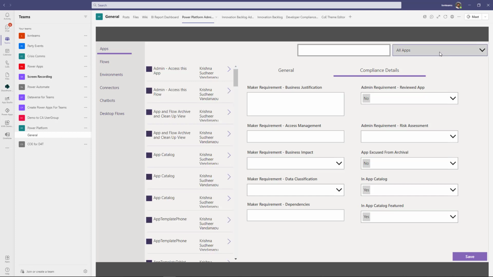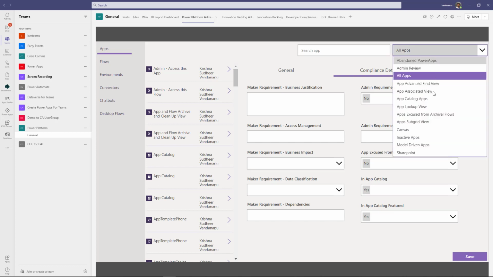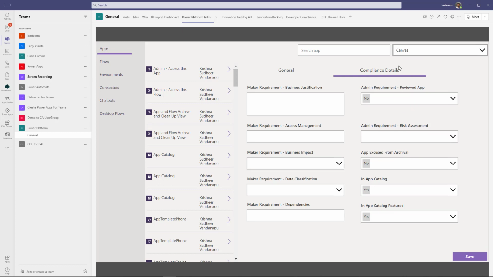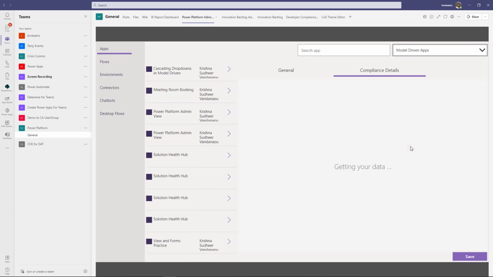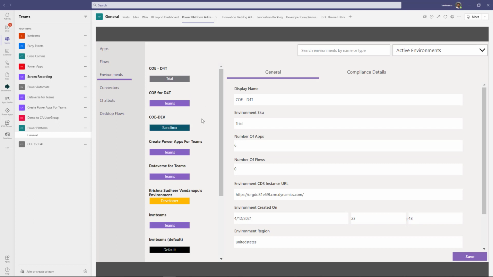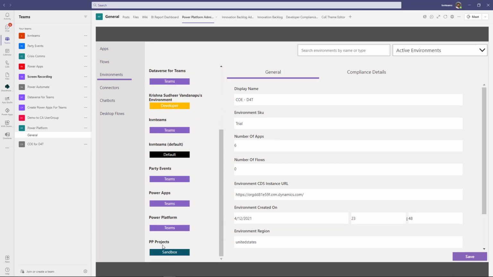Also, they have given the filter to filter various app types. If I want to show only Canvas apps, I can see the Canvas apps. If I want to see all the model driven apps at my tenant level, I can see all the model driven apps. As part of environment, it shows you all the environments which are created at that tenant,